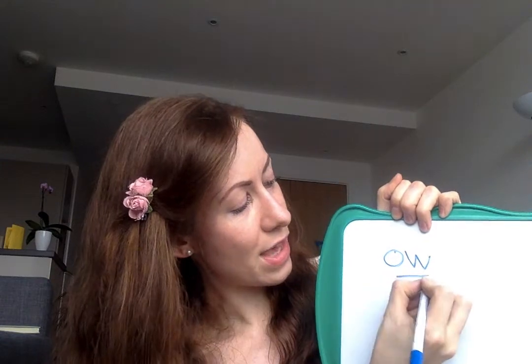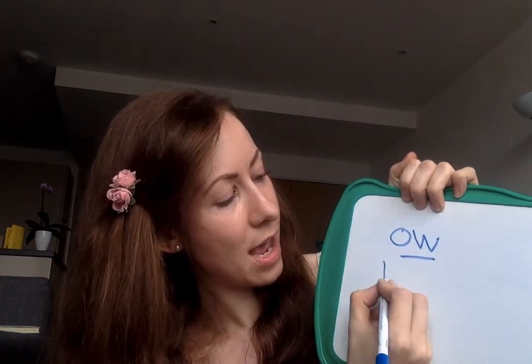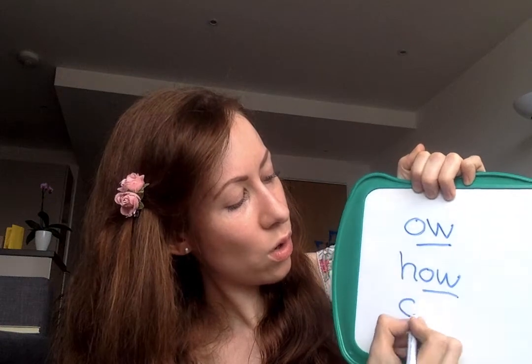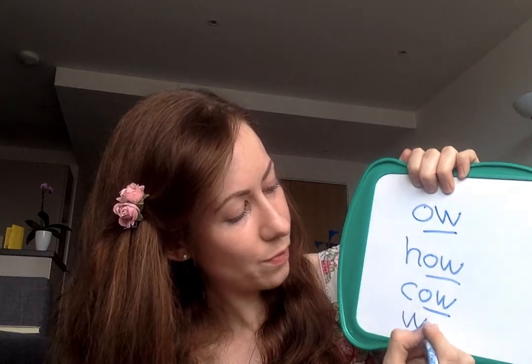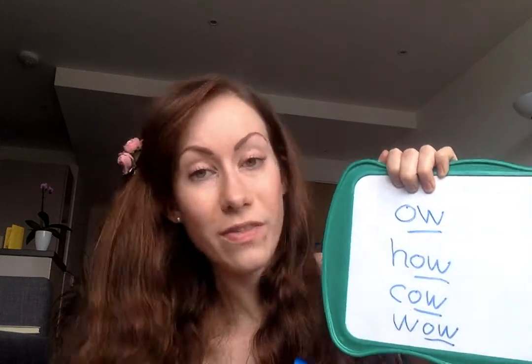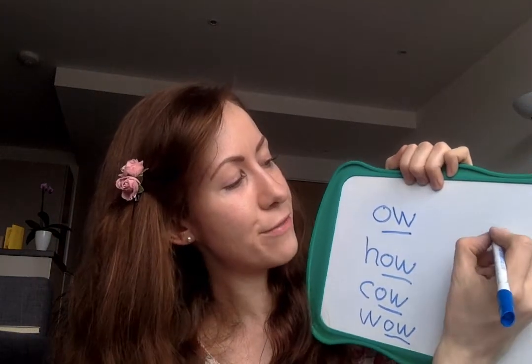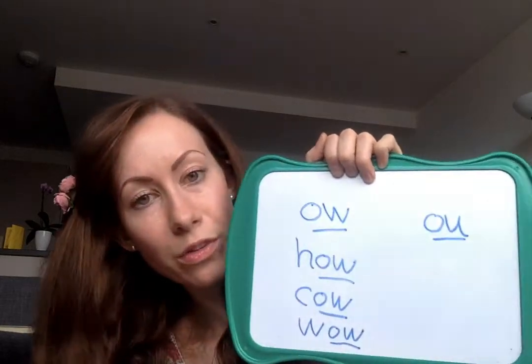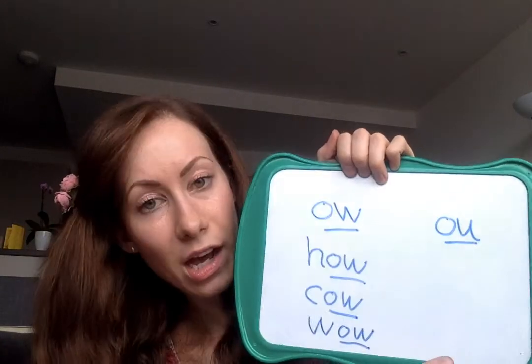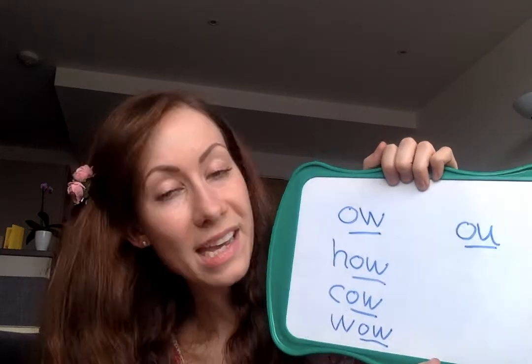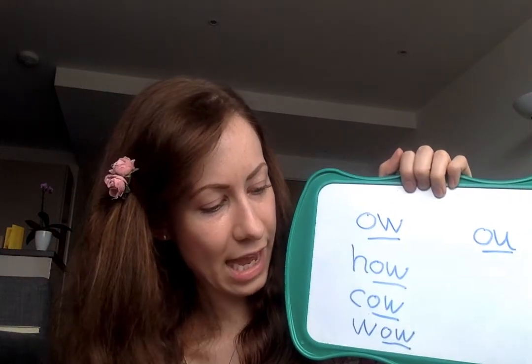Okay, now today we are looking at another spelling for a digraph. Okay, now you know this digraph already, the ow digraph, as in how or cow, okay, or wow, or even just ow, I hurt my finger. Okay, but today we're looking at a different spelling for it, okay, when we've got the O and the U together, but it still makes the ow sound, okay,